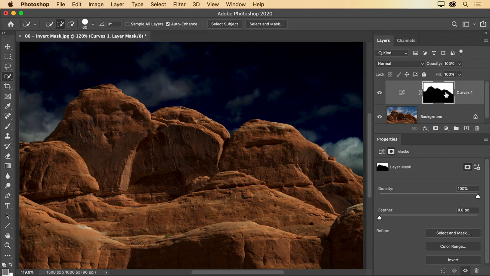I want to flip it so that the rocks in the foreground are white rather than black, and the sky is black rather than white, so that the adjustment affects the rocks instead of the sky. I'm reversing my stencil, essentially. Well, that's an invert. I want the inverse of the current layer mask, so I select the layer mask, and